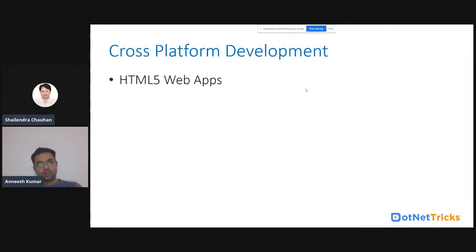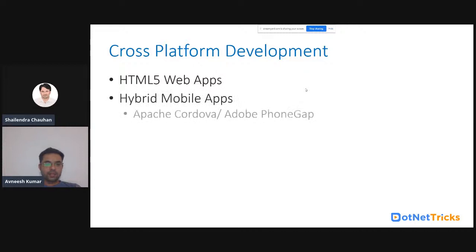Now let's talk about cross-platform development. In the beginning, when the need was to develop a cross-platform mobile application, people used HTML5 and CSS to make a web application look very similar to a mobile application.